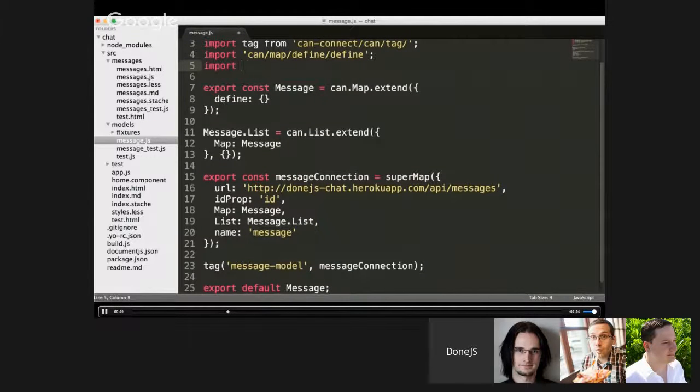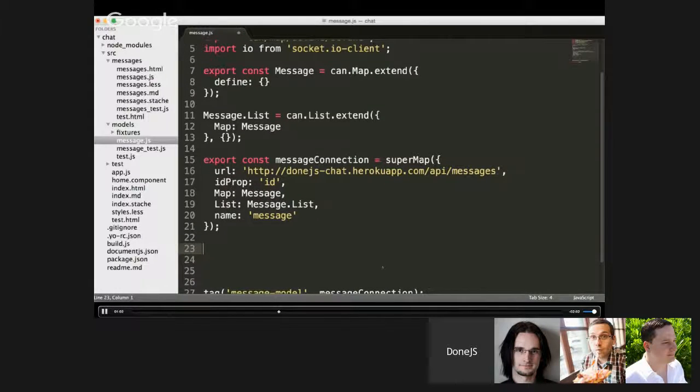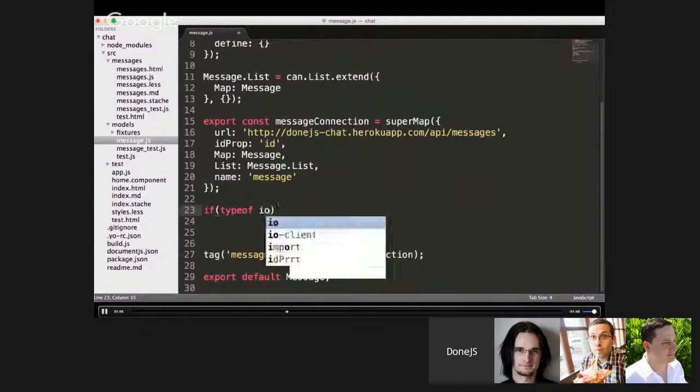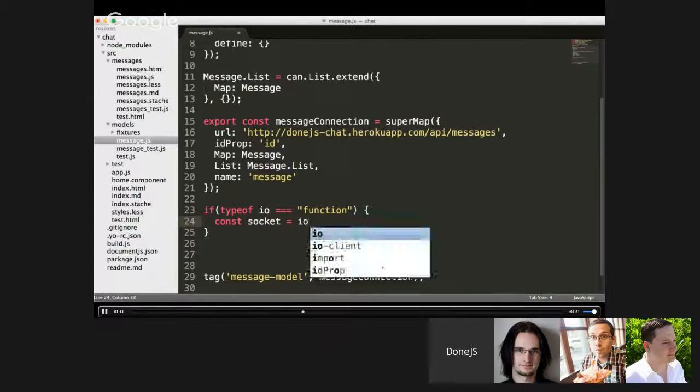messages have been created, destroyed, or updated. So I'm going to import Socket.io into the model. And Socket.io we don't want running on the server. We only want it running on the client. So we're going to actually configure it so that there is no Socket.io on the server. And because of that, that actual io that we imported could be undefined when we're on the server. So we're going to add a little check to make sure that Socket.io